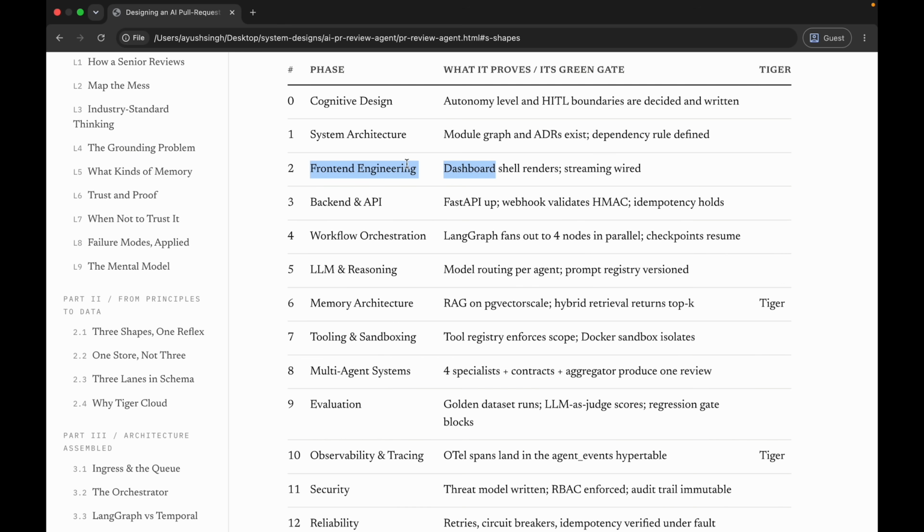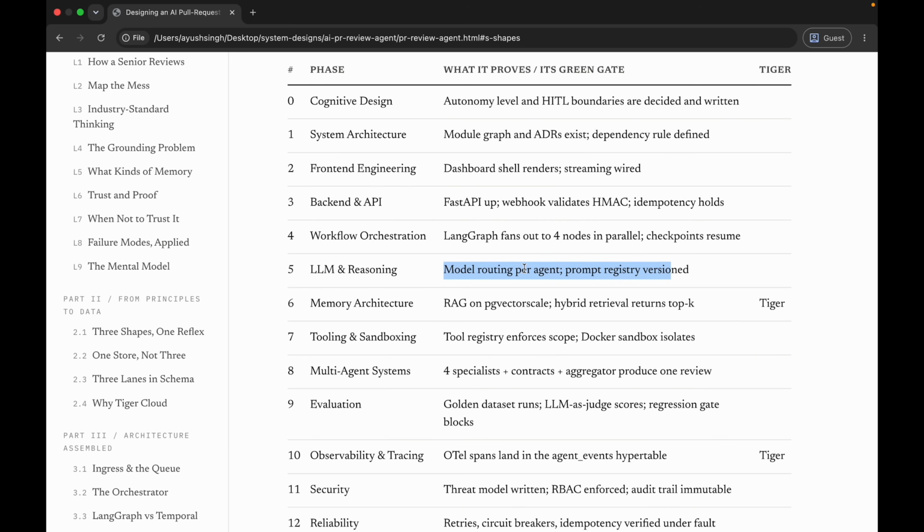Front-end engineering is basically a simple dashboard so that somebody can see which of the reviews were sent for the HITLQ. The backend API will basically be our FastAPI, which will validate our signature and idempotency keys. The workflow orchestrator will fan out the 4 nodes in parallel. Then your LLM and reasoning, basically model routing per agent so that it can route your agent, and prompt registry,